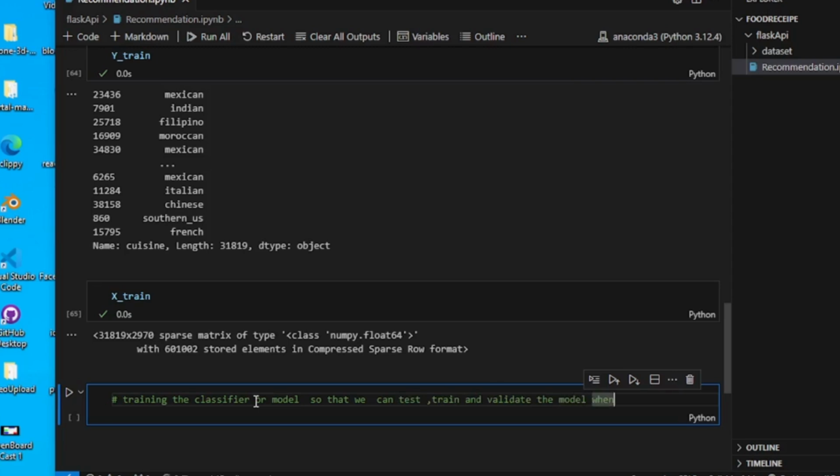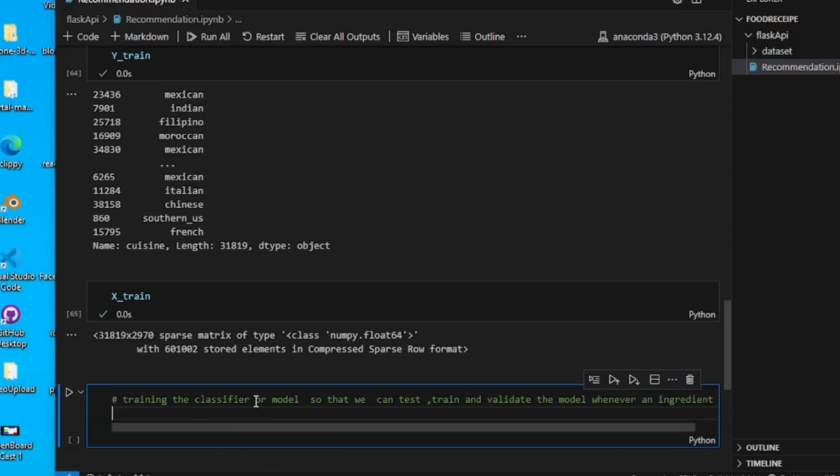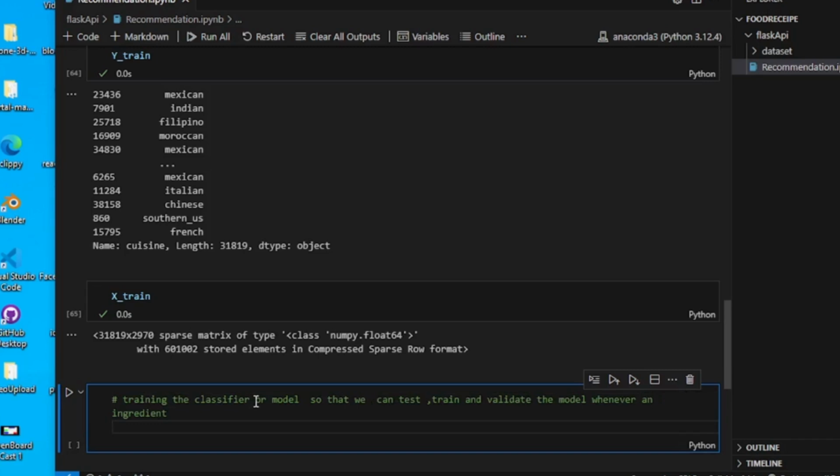Whenever an ingredient is needed. So the main motive here is that we have to train a model because we cannot always write the same code, always working. So we just train a model. We trained a model